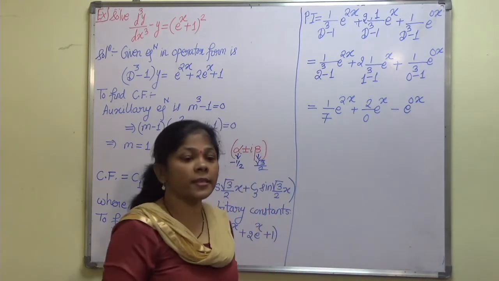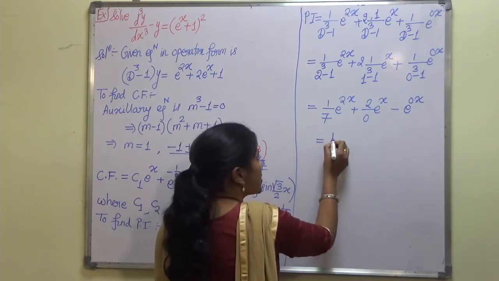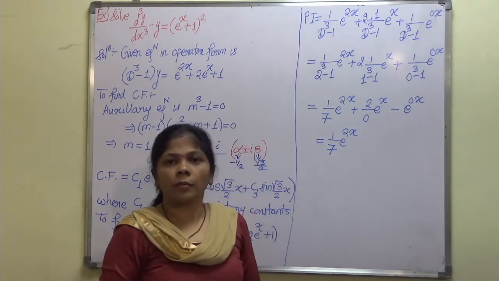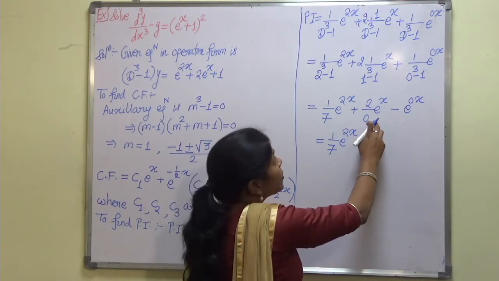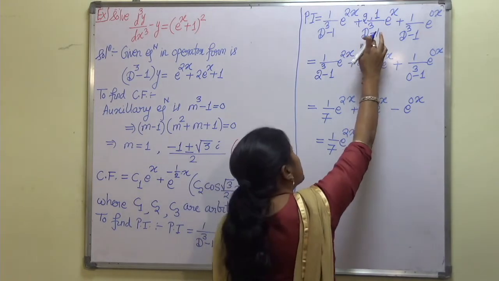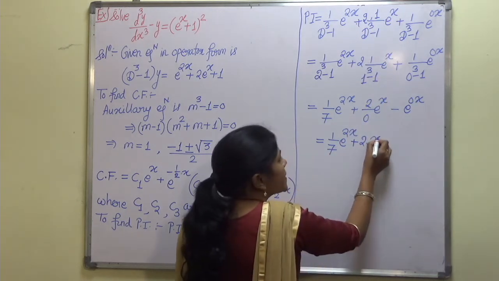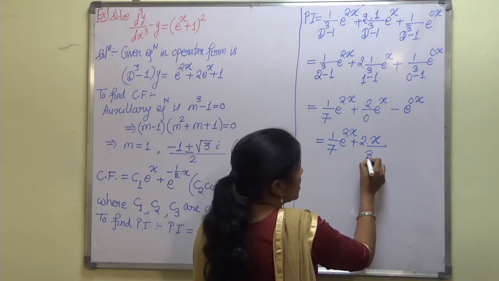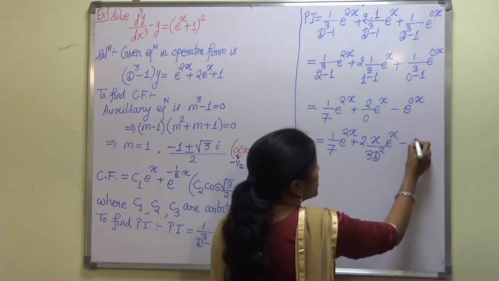Now we need to work on the second term because here I am getting a case of failure. So we will write the first and last term as it is, and let us work for the second term. So in case of failure, what we do? We go back to that step where the replacement is done. So what we will do? We will multiply numerator by x and differentiate the denominator with respect to d. So it is 3d square operating on e raised to x, minus e raised to power 0x, I can write 1.